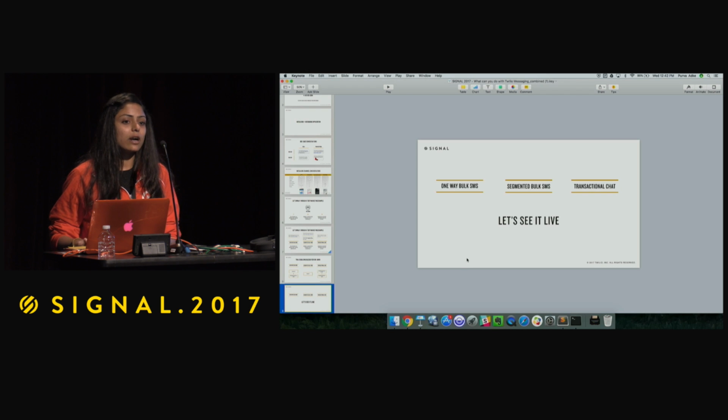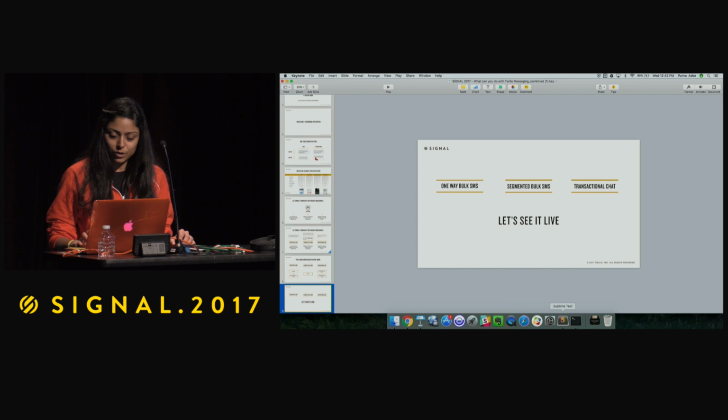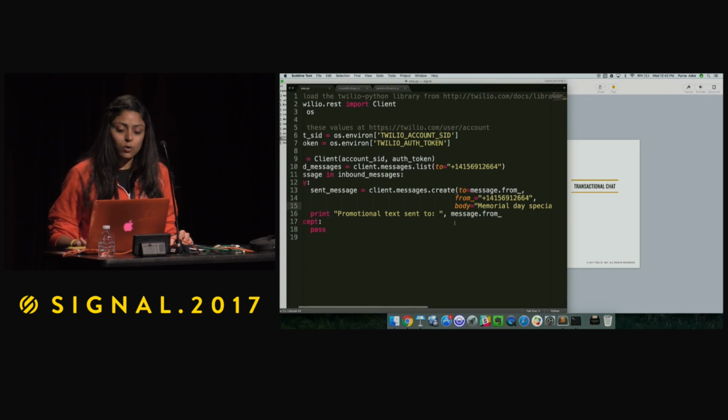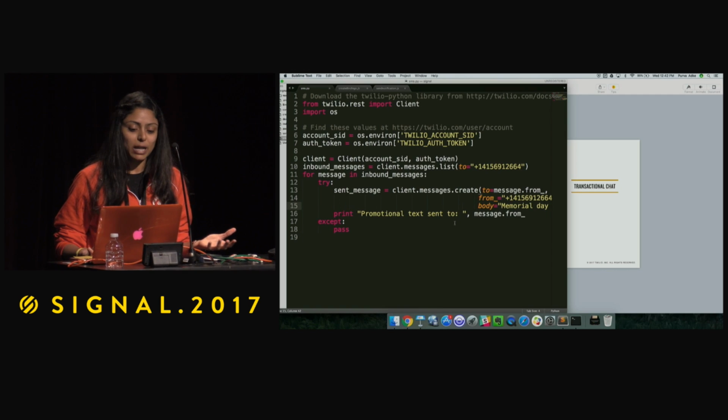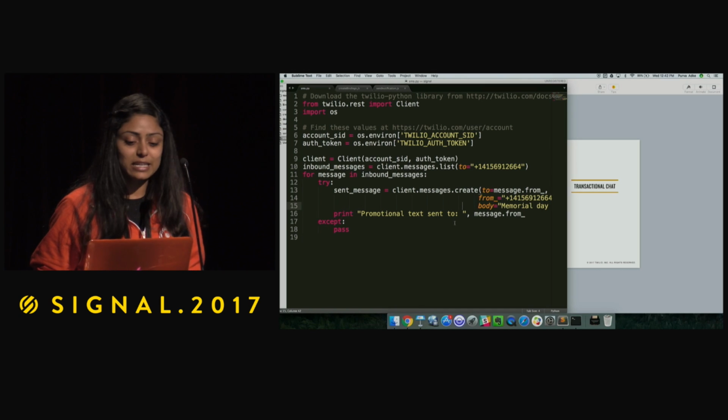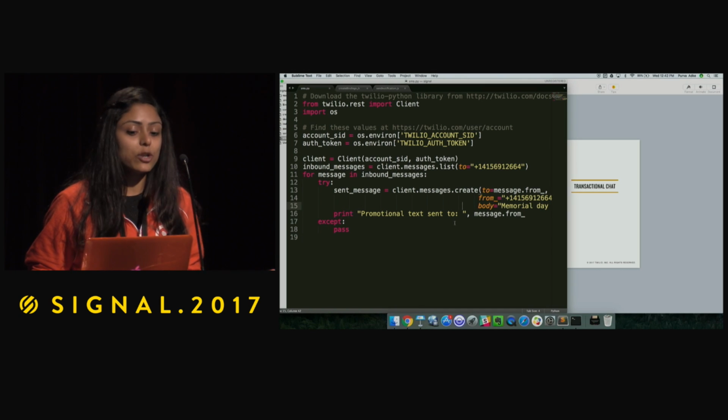How many of you here have already used or are familiar with the messaging APIs that Twilio offers? OK, perfect. That's about half of you. So what I'm going to show you first is how do you integrate messaging right within your application. Now, Twilio is a very flexible platform. We allow you to use multiple different languages very easily, like, for example, Python or Node or PHP. So I'm going to take this PHP as an example.